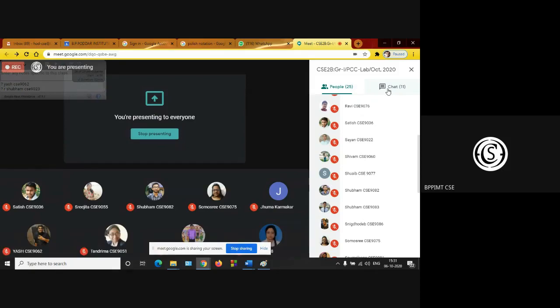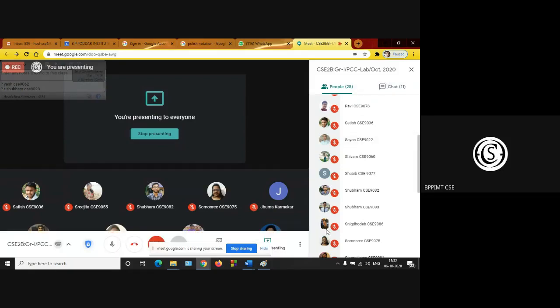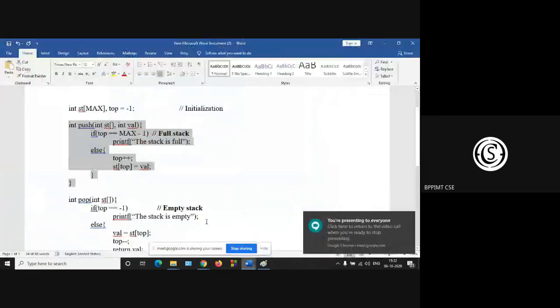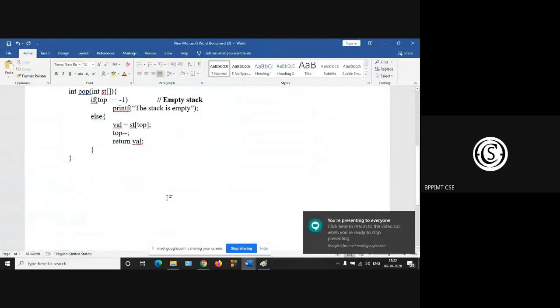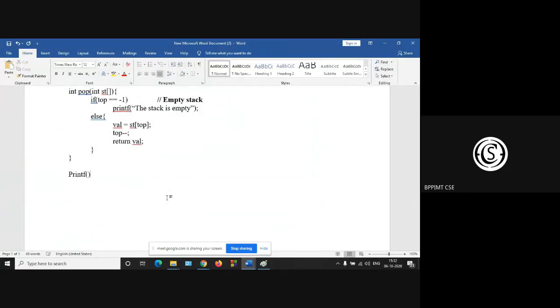So you can also return the topmost element using just print st top. So printf the topmost element, that is st of top.